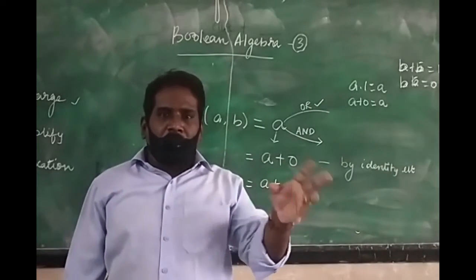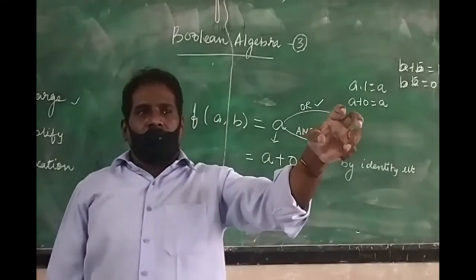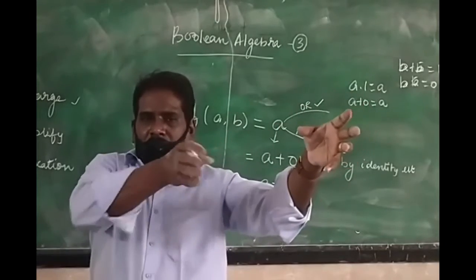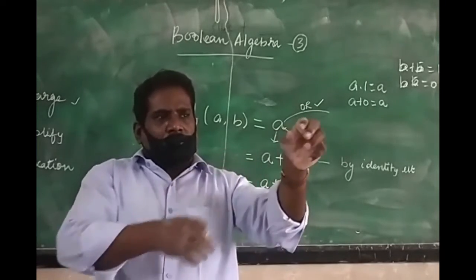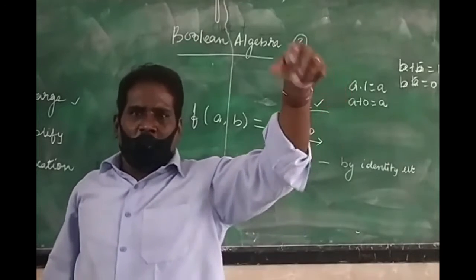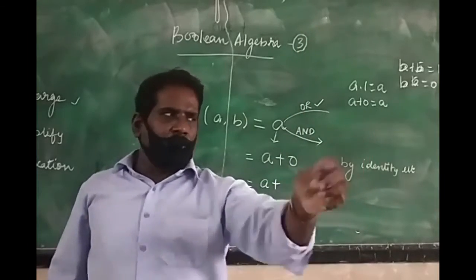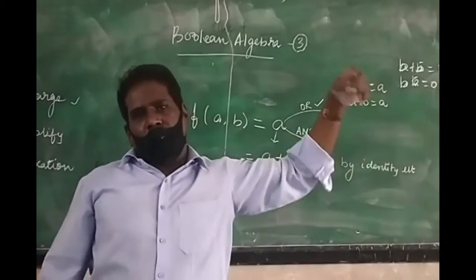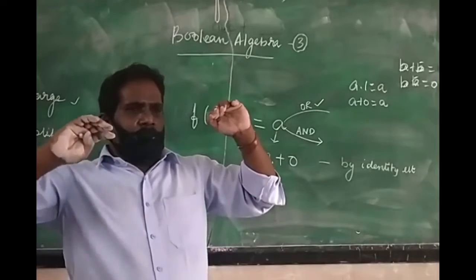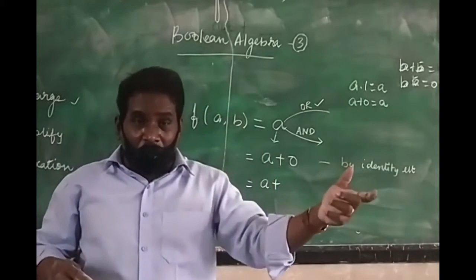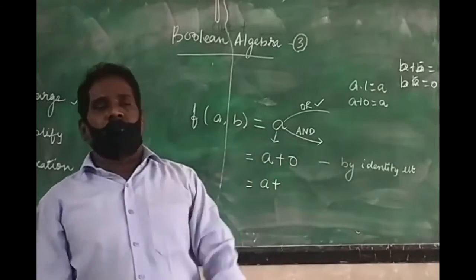Because variables are just names, isn't it? A name referring to a particular function. That name is just changeable. We can use it for some time to refer to one particular Boolean function, and after some time when the work is over, we can make the variable refer to another Boolean expression or another term. So variables are not the important thing. What it is holding, what it is referring to, the Boolean statement, Boolean function, Boolean expression, that is important.